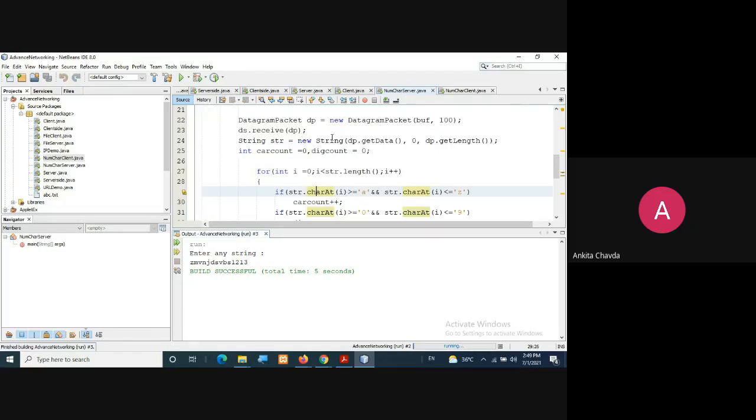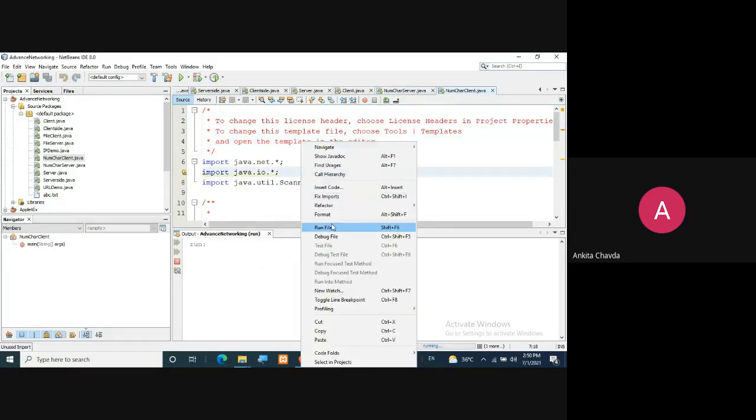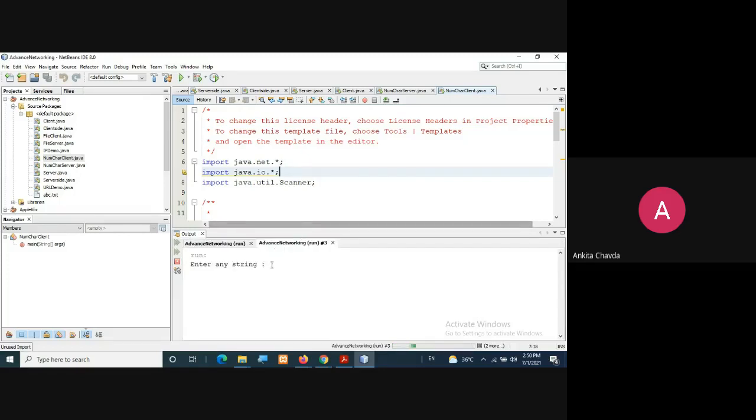Again, I need to run the client, and I need to run the server again. So here the server is calculating characters and digits. Digits are 3 and the characters are 11. Fine.